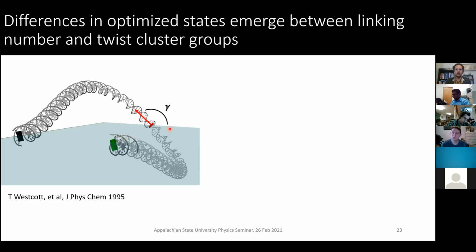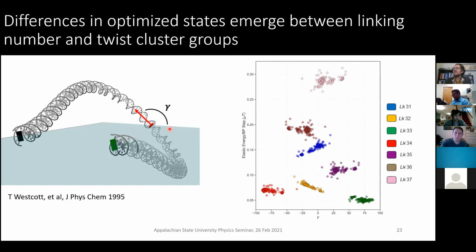So I created a plot that showed all of the elastic energy values that we could get relative to the number of base pairs versus this open configuration parameter. And one thing that we noticed here was this clustering that was occurring based on what the linking numbers were. The y-axis is our elastic energy. So higher energy structures that you see at the top here in peak go towards a linking number of 37, which is a +3 supercoil.